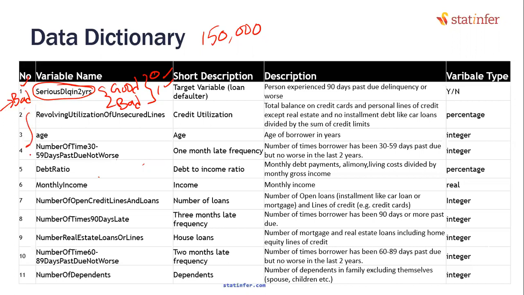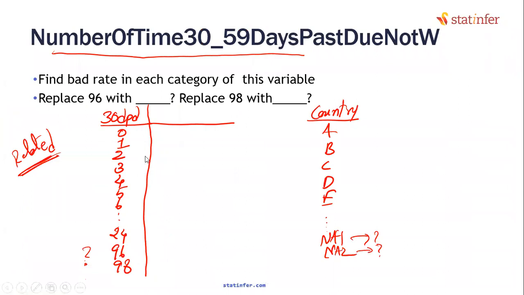So for other variables' treatment, if you want to take help of any other variable, one critical variable is serious delinquency in last 2 years, or whichever is the target variable. Here in my case, I have an issue. I'm going to resolve it using that target variable. Very smartly we are going to use it and then check whether that will be helpful or not. Okay, let's go back here.